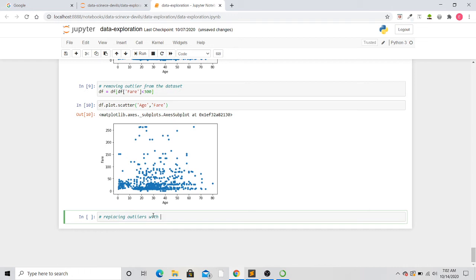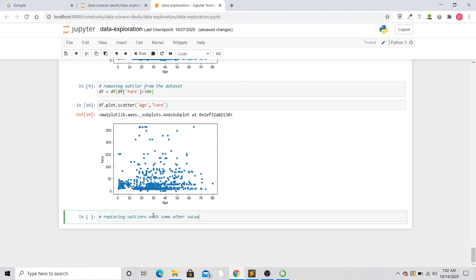If you want to make your data analysis project look different and efficient compared to other people, then you can replace your outliers with some statistical value. That statistical value can be either mean, or let's say median or mode.